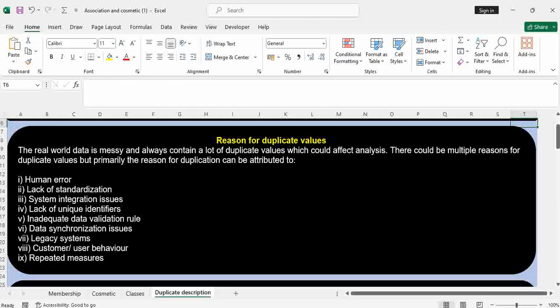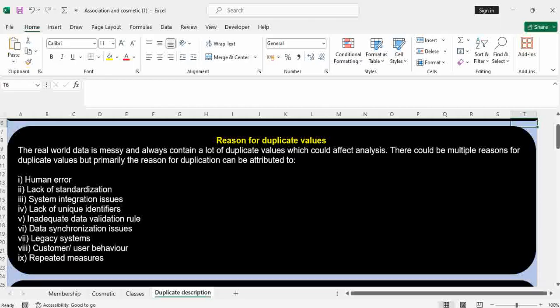Number one is human error. How can human error lead to duplicates? For example, if you type the name of a person differently due to a typing error, this can lead to duplicates in the dataset. Let me take an example of a bank. If I come to your counter for account opening and you didn't capture the right name on my ID, or even you didn't capture my identity card well, then you can start creating another customer,